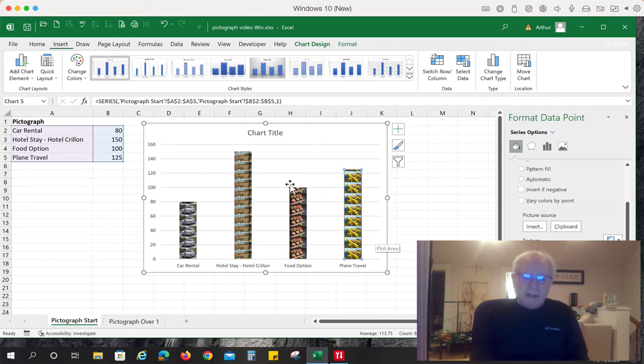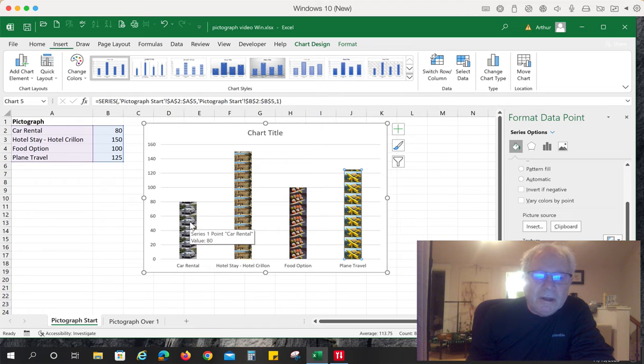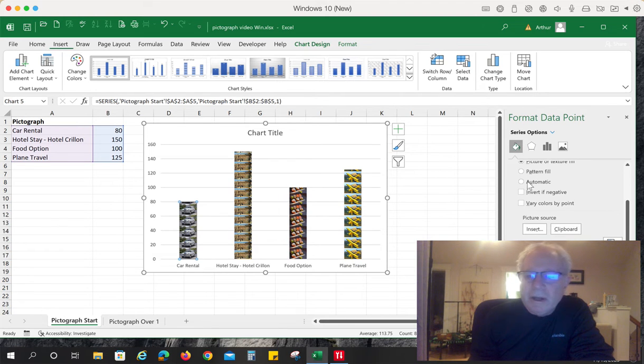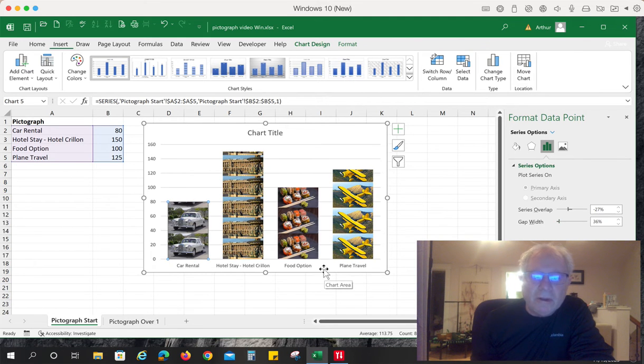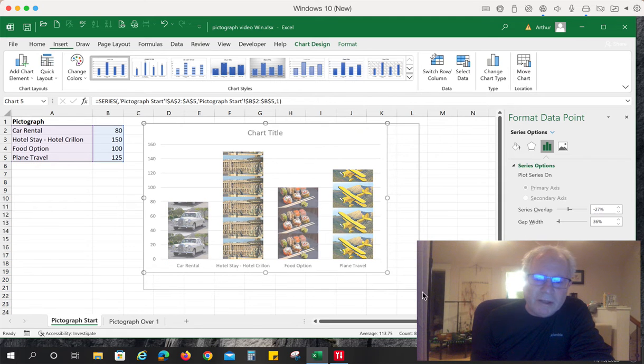Okay, now to get these columns wider, what I'm going to do is double click on the bar again. This time I'm going to go to the series options and this gap width slider. I'm going to slide that to the left quite a bit, and that will make the columns much wider and make it a lot easier to see the images. And then, obviously you can also make the chart bigger,